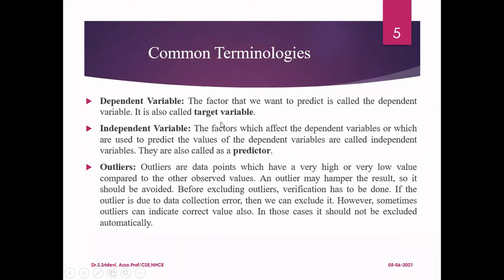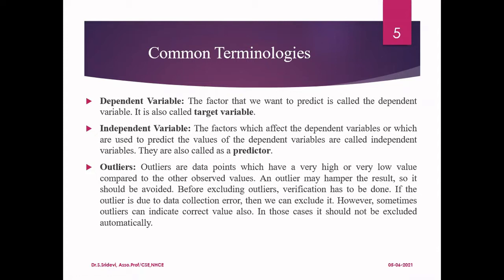And whenever you do regression analysis, sometimes there will be outliers in your data set also. So when you take any real world data set, before you perform the regression model, you have to take care of all the outliers. Outliers are nothing but data points, and these data points will have either a very high value or a very low value compared to other observed values. You can take any attribute. Always when I say marks, all the students' marks will be from 0 to 100. Okay, minimum mark is 0, maximum is 100 if I give it at a scale of 100.